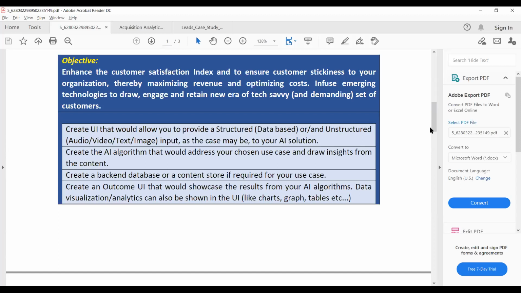Can anyone tell me some database name, or maybe the software which you can use for creation of a database? Microsoft SQL, everybody is aware of it. What else? There's something which is free. Anyone? Just take a name of it.